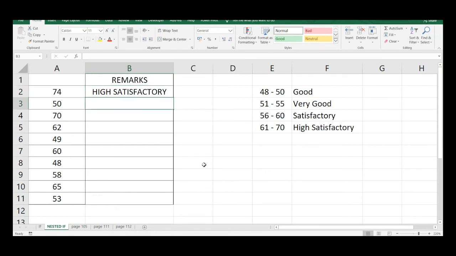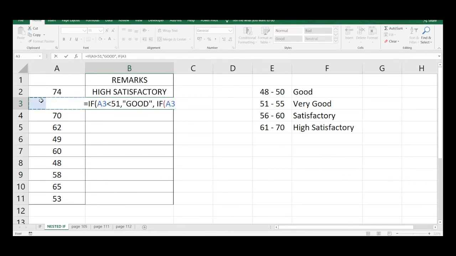Sige nga. What about yung 50? Ano kayang remarks na makukuha natin dyan? Sige nga, tingnan nga natin. Pasok natin ulit yung condition natin. Ulitin natin yon. Equal sign. We have the if. Open parenthesis. Let's click on the score. Less than 51. Kasi siya yung second lowest condition. Comma. Okay. Open quotation, and then let's have the remarks, comma again, and then type the if, parenthesis, go back to your score,